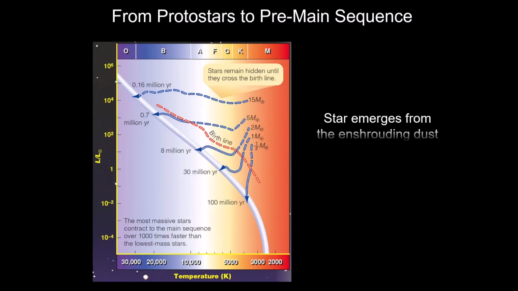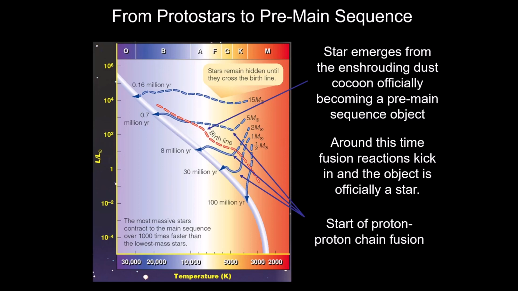Now the process at some point does stop, and that process stops when the fusion starts and when the equilibrium is met. I just talked a lot about the timelines here, but you can see, if you really want to know everything about the sun, the sun's always a good reference. So this shows a one solar mass object. This is how its properties change as it hits the main sequence. And we're looking at a 30 million year period from the trigger of the star formation all the way to main sequence life.